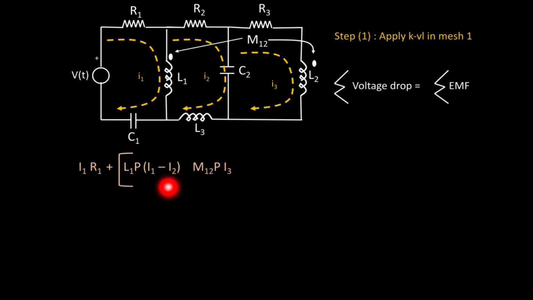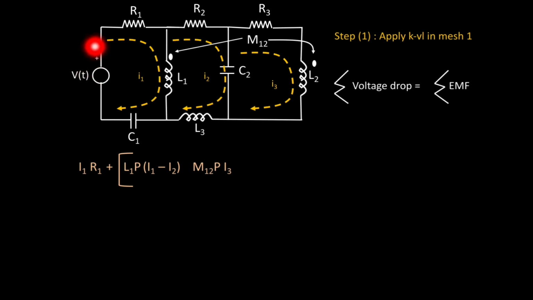Now whether these two inductances are additive or subtractive depends upon the dot convention. For the dot convention, we will check the currents at the dots. In L1 we will check for the current I1. Why are we checking I1 in L1? Because we have taken I1 greater than I2 in this coil L1, and that's why we will check for I1. So let us check it. I1 is flowing in the clockwise direction in mesh number 1.